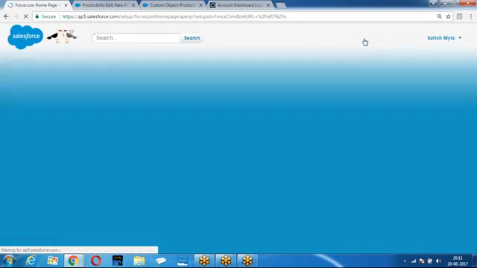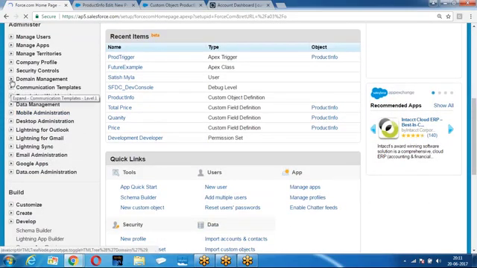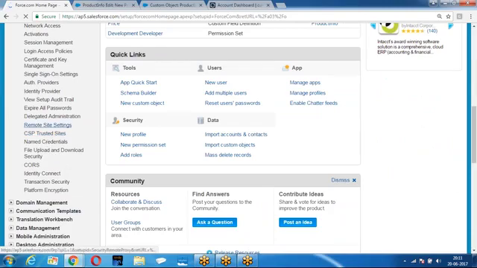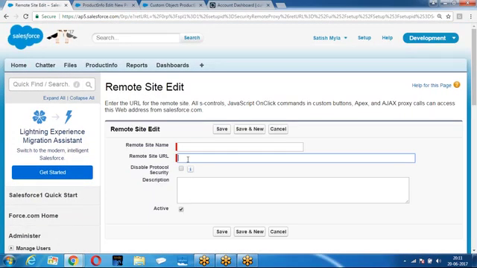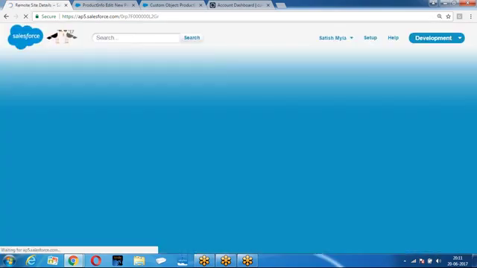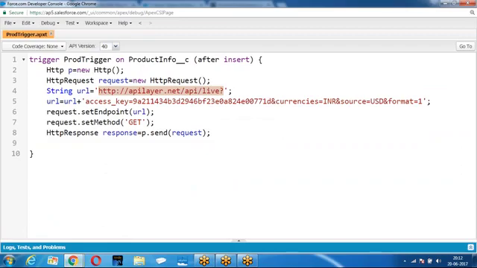Any external system with which you are trying to communicate must be registered with the remote site setting. Only the servers or applications registered with remote site setting can be communicated with from Salesforce. Any third-party system you want to communicate with should be registered with the remote site setting.